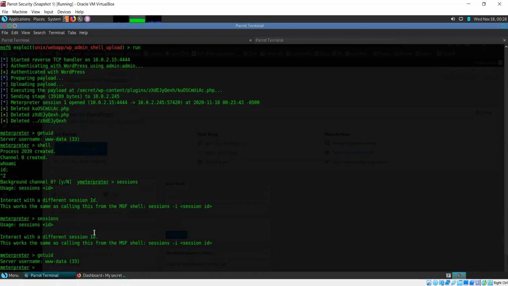Okay, so it's not really allowing us to get into a shell like this, but we'll get a shell when we use the other method. Even that's not too much of an issue.